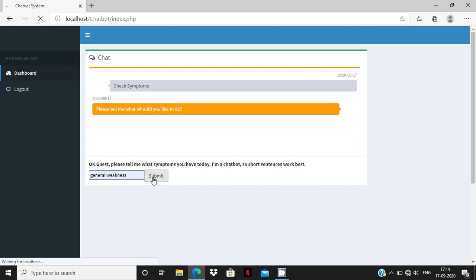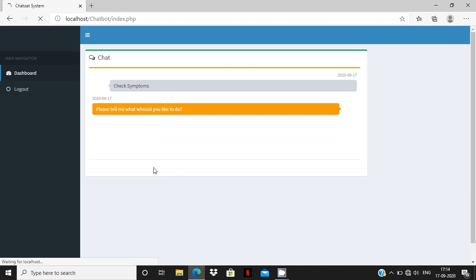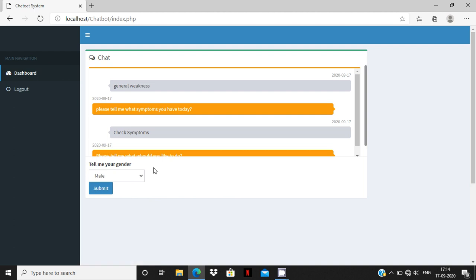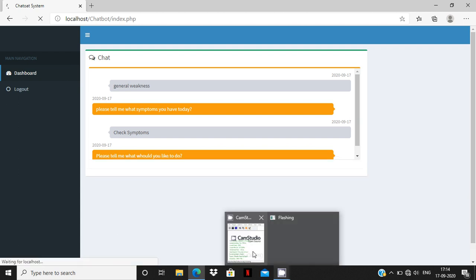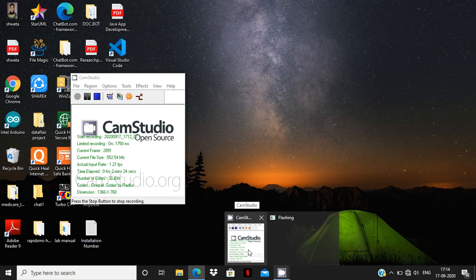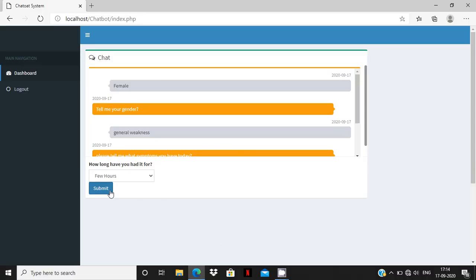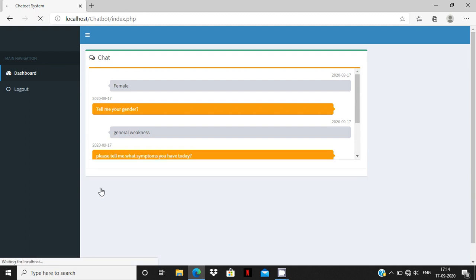We have created a website named doc.bot, in which we have given contact and about pages where all the contact and about information is specified. Then after login, the user is redirected to the actual chatbot dashboard, where by default the user gets a welcome message and a check symptom button. After clicking on the check symptom button, the actual conversation gets started. Then the bot provides a text box where the user needs to specify the symptom, with the note that the symptom should be short for better analysis.